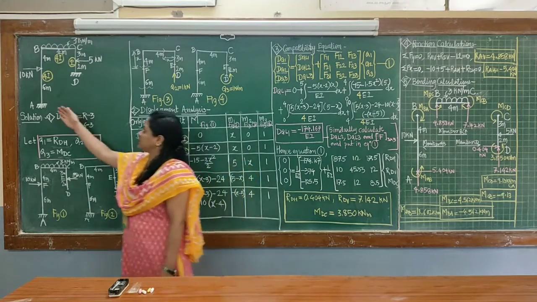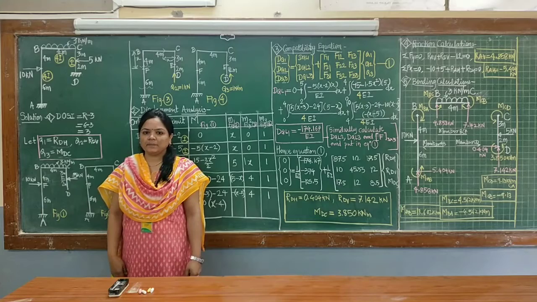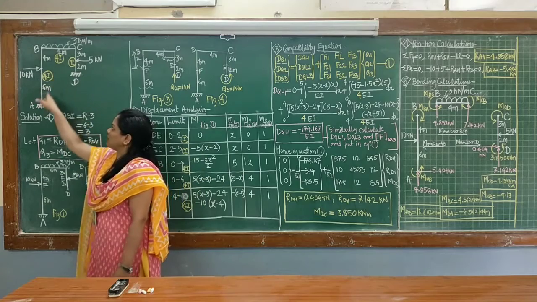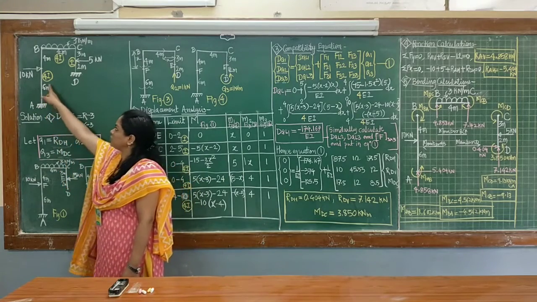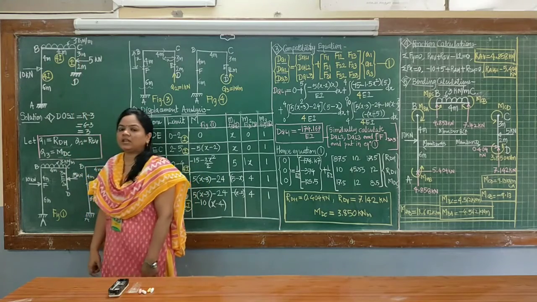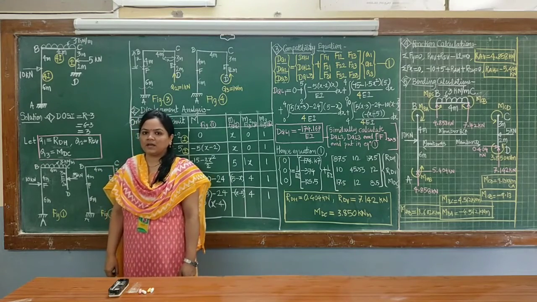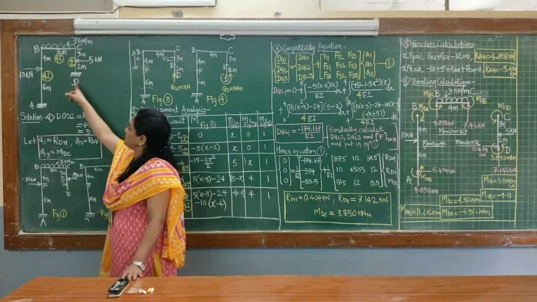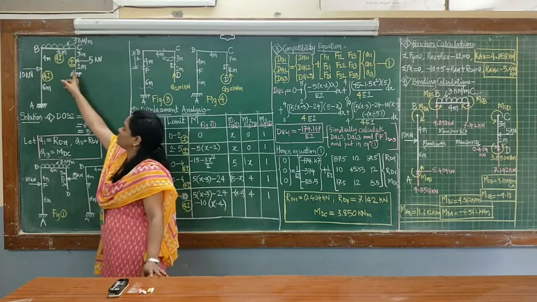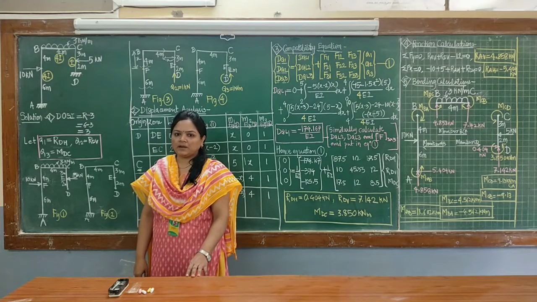Okay, so here this is the frame given, ABCD frame. AB and CD are the columns, BC is the beam. Column AB is loaded with this 10 kilonewton load whose total span is given 10 meter and inertia is given 4I. For beam BC it is loaded with this UDL 3 kilonewton per meter, span is given 4 meter and inertia is given 4 times inertia. And column CD loaded with this 5 kilonewton load, span is given 5 meter and inertia is given I. So this frame now we'll analyze using flexibility matrix method.